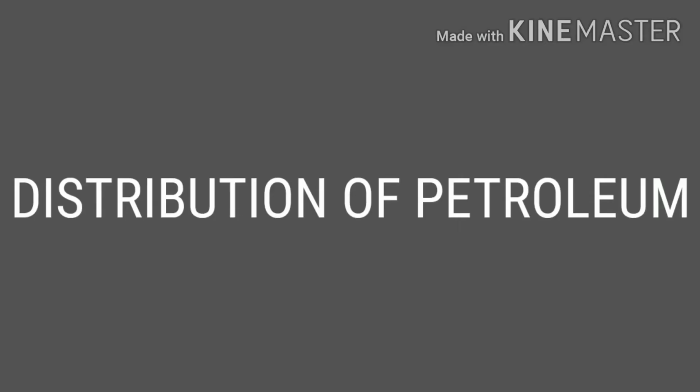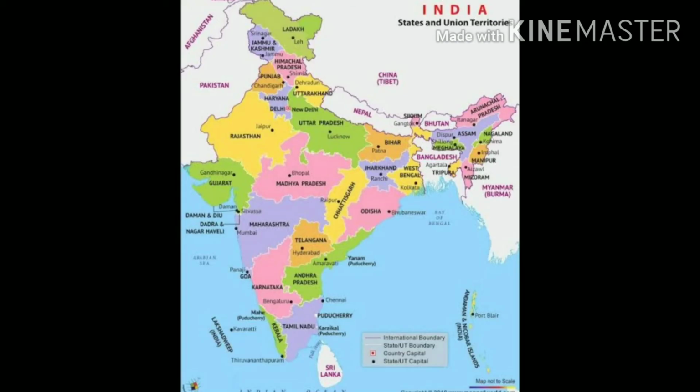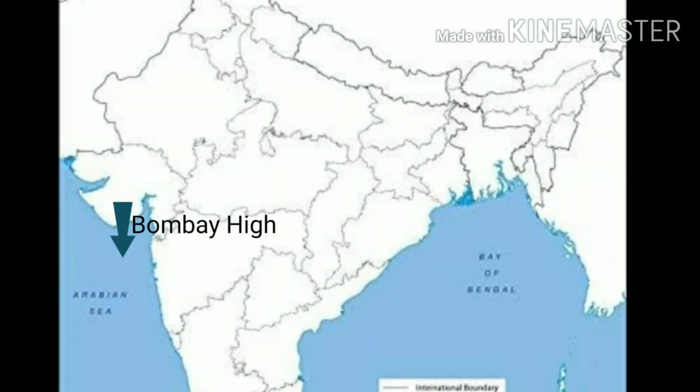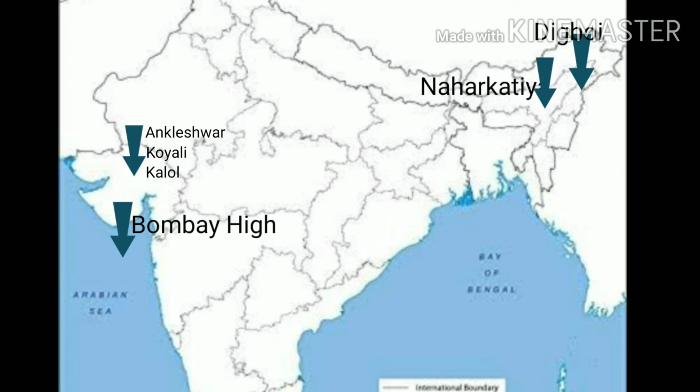It is the most important raw material for chemical industry. Distribution of petroleum. Oil was first discovered in India at Makum in the northeast part of Assam in 1867. In order of importance, the main areas of mineral oil deposits are offshore sea at Mumbai High, Basin, and Aliabet, Digboy, Naharkatia, Rudrasagar, and Nunmati in Assam. In Gujarat, Ankleshwar, Koyali, Kalol, and Navgaon are the important oil fields. Others are Kosamba, Mehsana, Dholka, and Lunej.